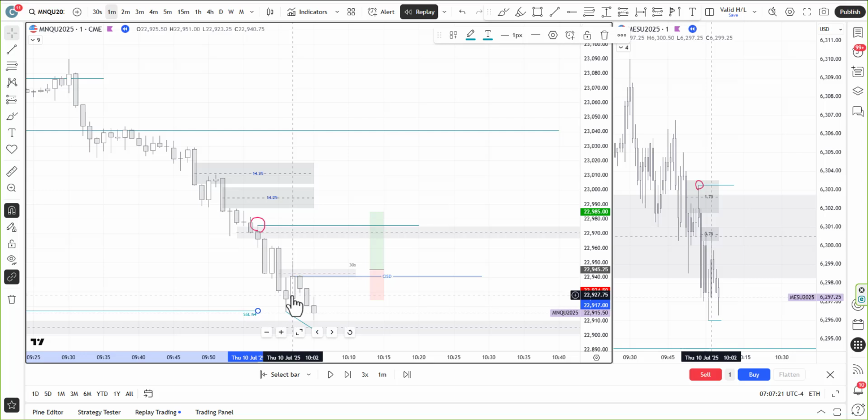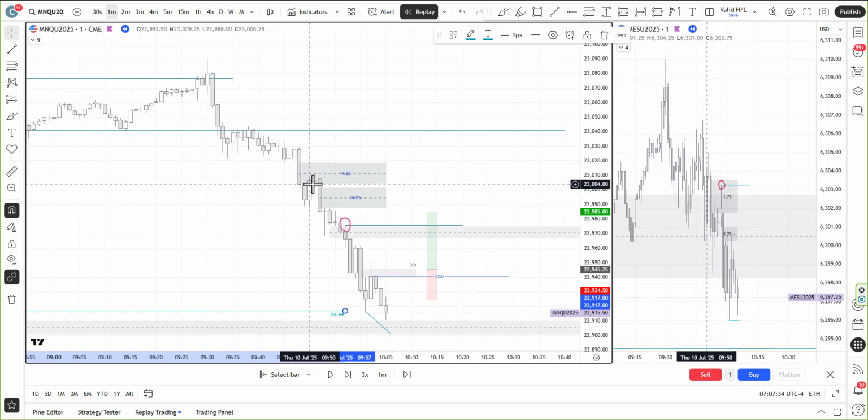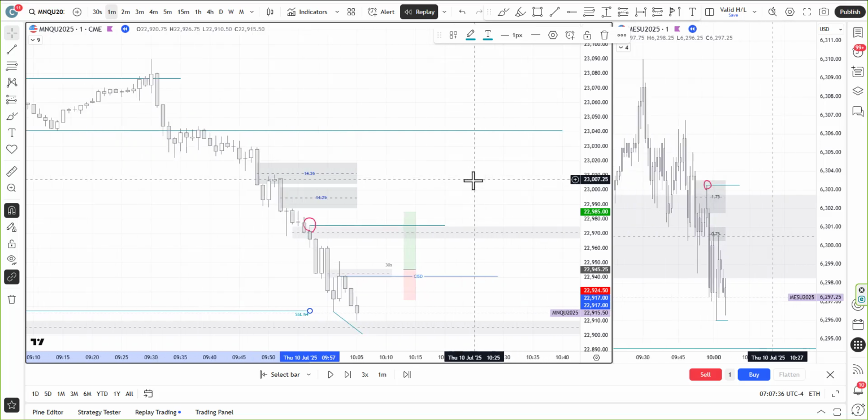So the higher time frame was there, and then I started watching on the lower time frame, but the lower time frame didn't give me proper levels. So I had the assumption that price should go up, which of course is bullshit. Then I made the assumption that I don't want to miss the move because this will be a significant move up, and I don't want to miss that move.